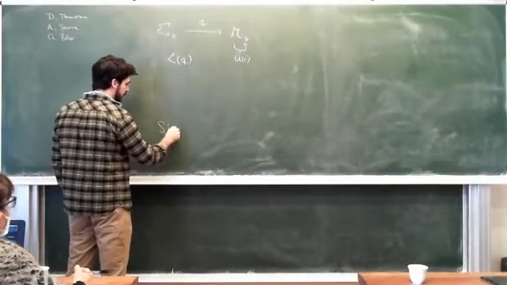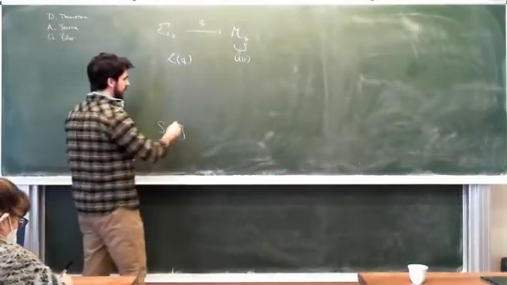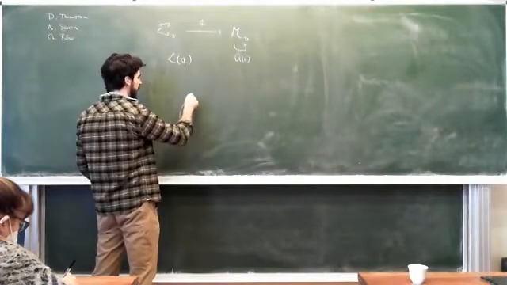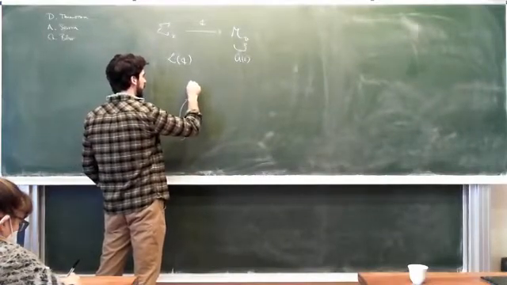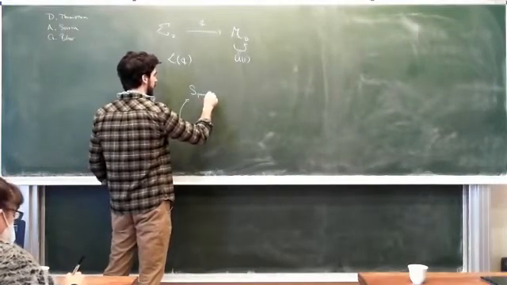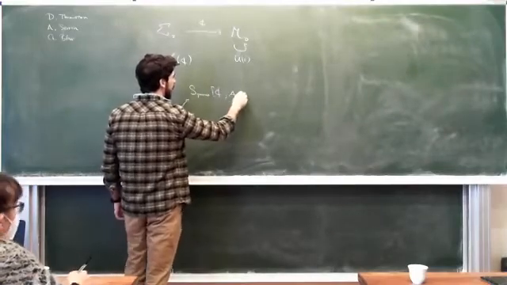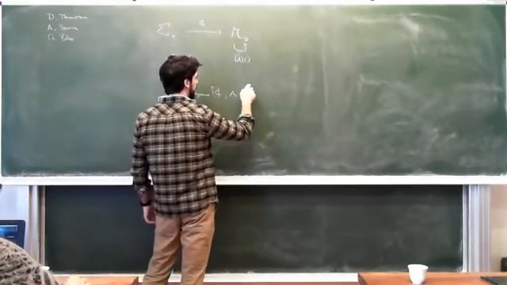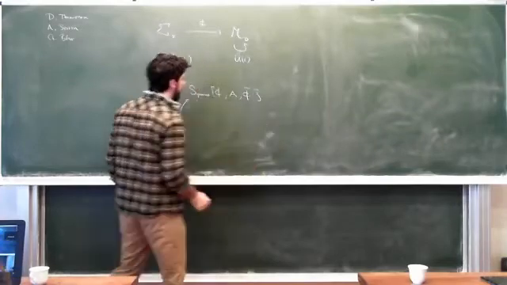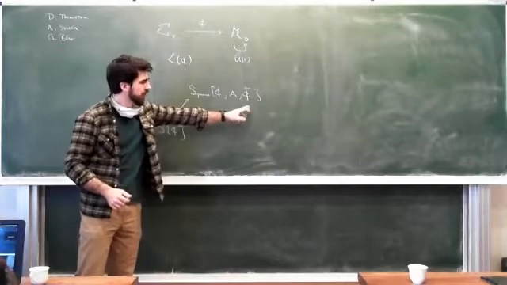This is the action, and I have these fields phi. Then if there's an isometry, I can uplift it to this bigger parent action. I gauge the isometry, so I introduce some gauge field and some Lagrange multiplier phi tilde. And then if I were to integrate out phi tilde,